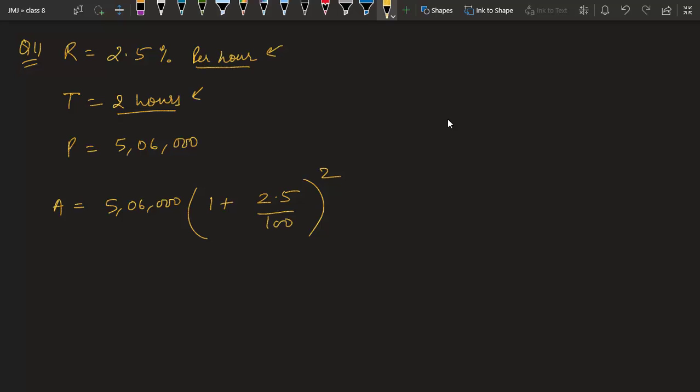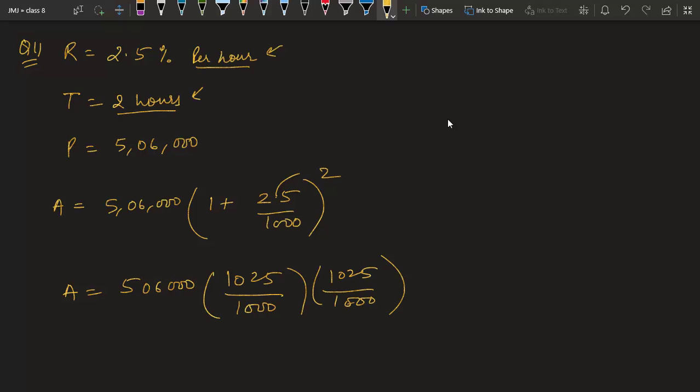Just solve this and you get the answer. Remove decimal, it will come 0 over here. So A is equal to 1000 plus 25 is 1025 upon 1000, 1025 upon 1000. Now these three zeros will cut these three zeros, and now we have to just find the remaining thing. This will come out as 531,616,250 upon 1000. If I cut these three zeros, decimal will come over here.